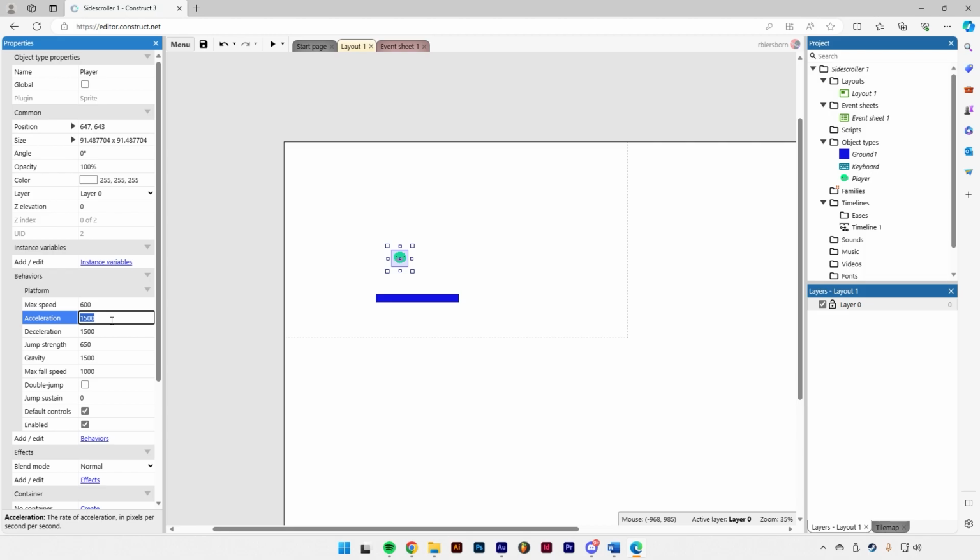A lower number takes a player longer to make their character feel like it's actually moving. I would recommend, especially for a game like this, turn this number up to like 99,999. Same for the deceleration. The deceleration is how long the character is going to keep moving after the player lets go of the direction button. The reason why you want this to be a high number is because you want this game to feel